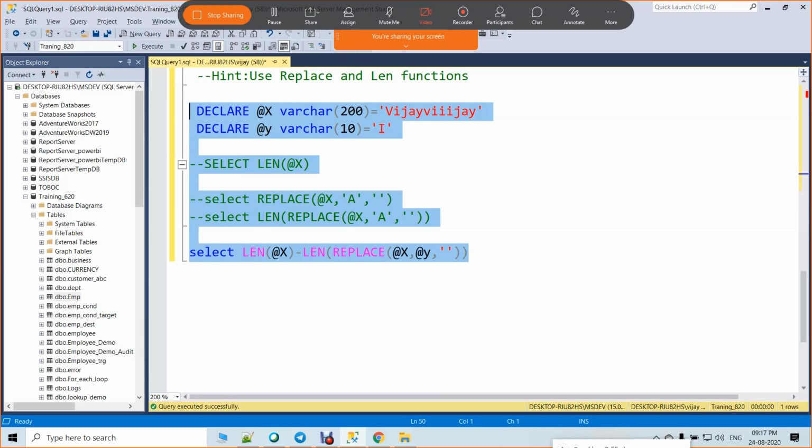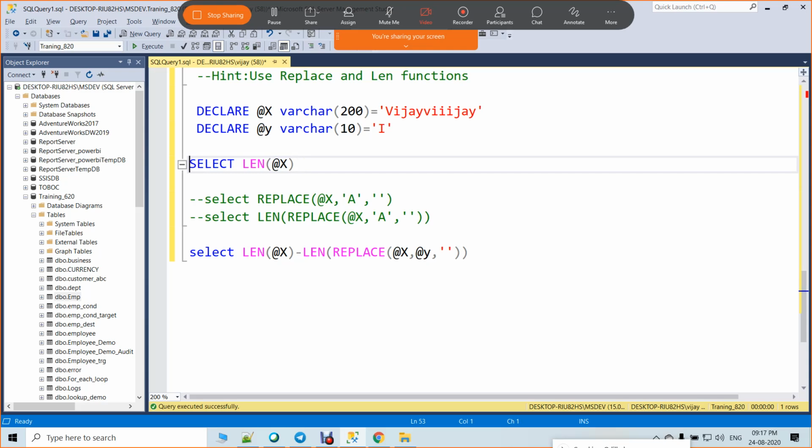So first, what have I done? First, find out the length of your total string. Using the replace function, wherever the given input character is, replace it with empty. So I will be replaced with blank. So the thing you will be getting is something like this, right? Find out this length. Total length minus this length is your difference, right? This much only, nothing else.